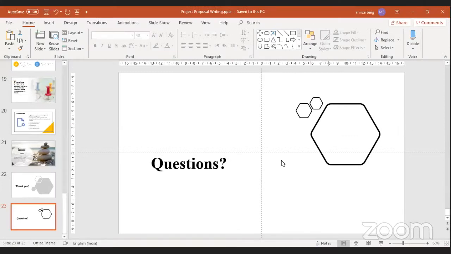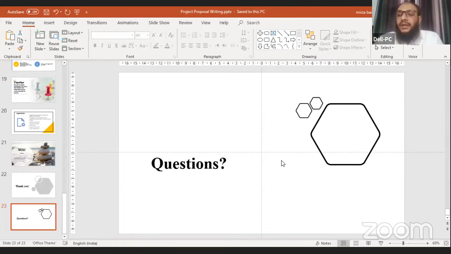Yeah. So DST and SERB funded projects have clear guidelines available on their website. We should follow the strict guidelines, and the proposal should be highly innovative.